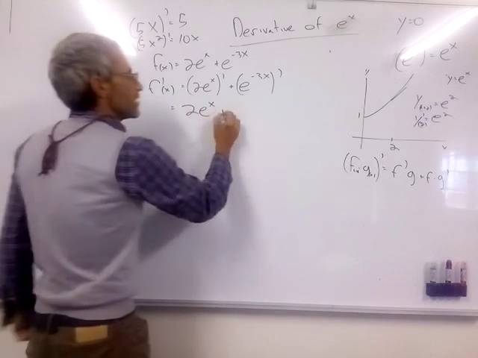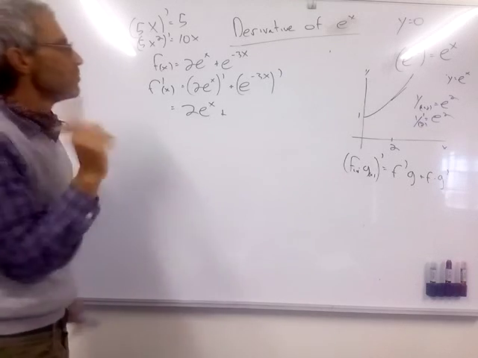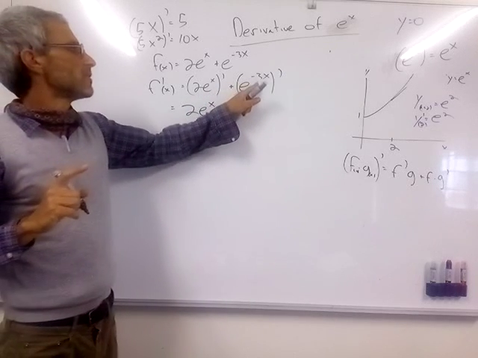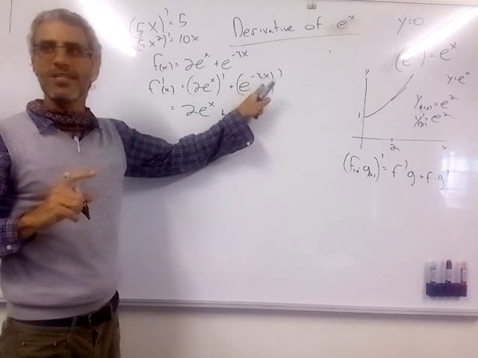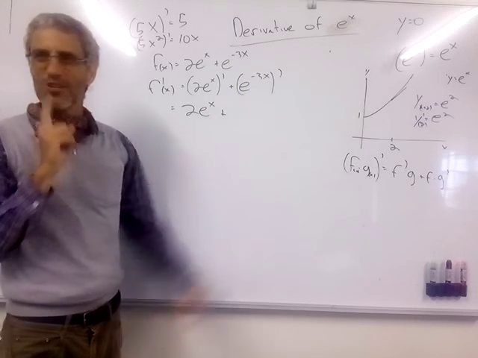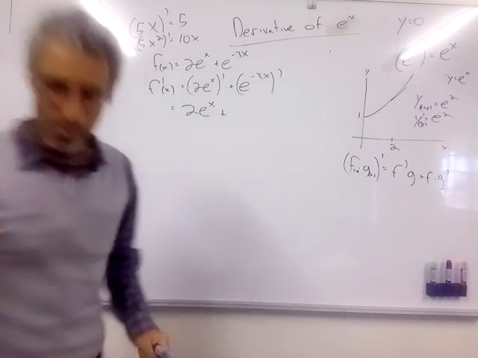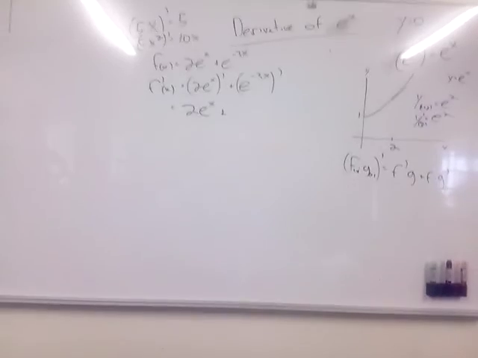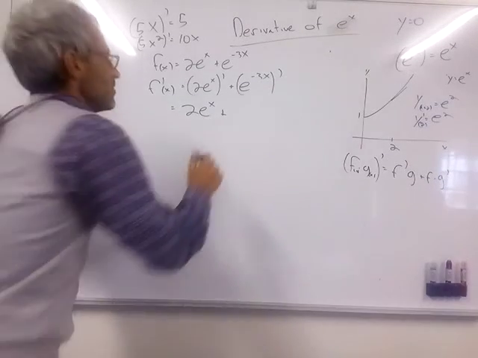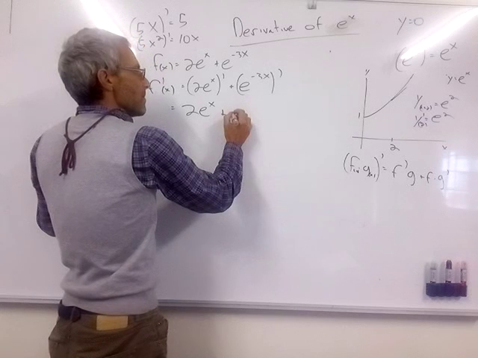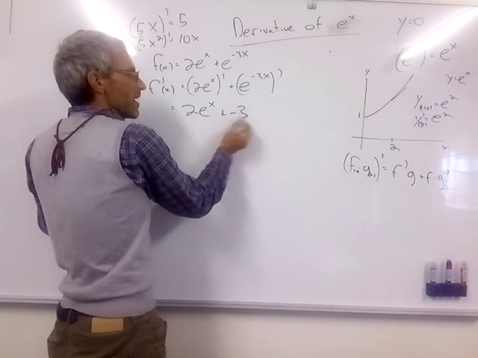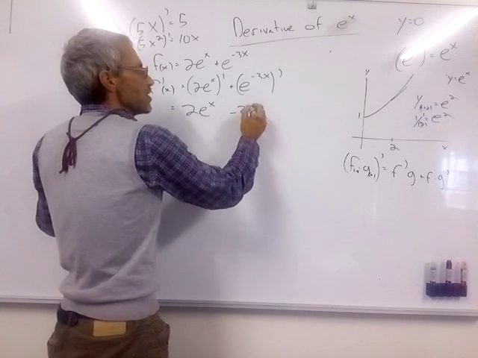Okay, let's do the second one. This is a little bit more difficult. Now we have e to the power, not power x, but e to the power minus 3x. Let's have some thought. I'm just going to pause here. Almost. Okay, so the answer will be minus 3, e to the